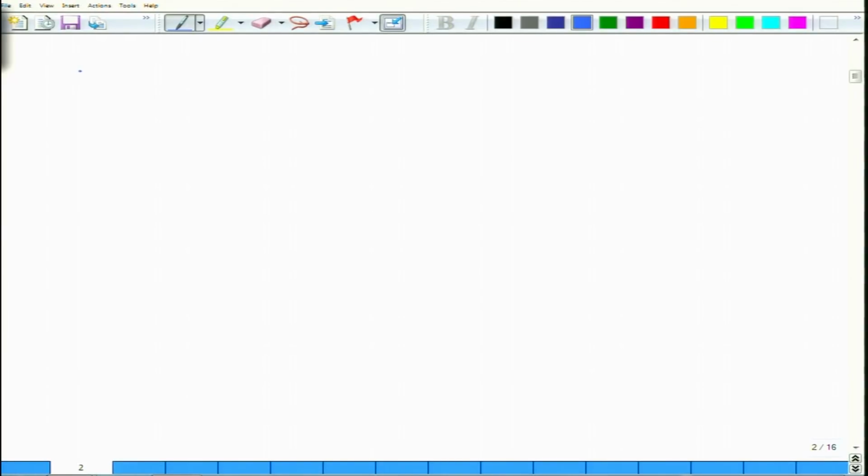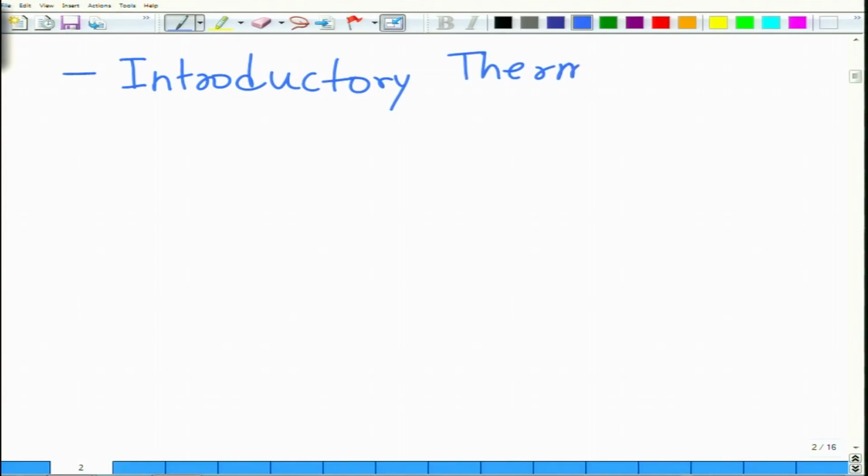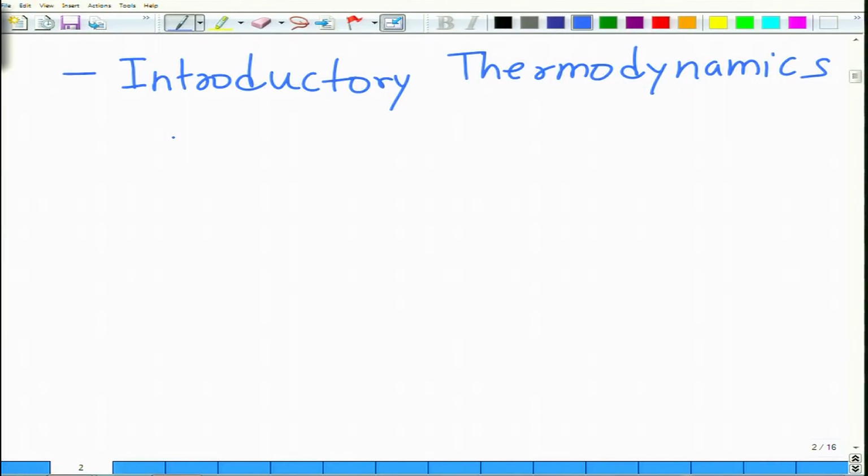So let me first begin with the contents that we will study in this course. We will begin with introductory thermodynamics. This introductory thermodynamics will lay the foundation for phase coexistence. You see, most materials have more than one component in them. As a result, there is a tendency to form more than one phase, which are in equilibrium with each other, and we will first look at the thermodynamic basis of how these phases can coexist with each other. So we will do introductory thermodynamics. This will take roughly 2 weeks